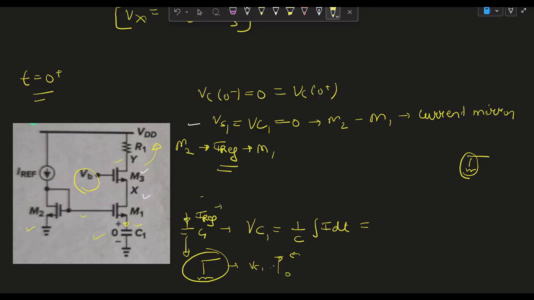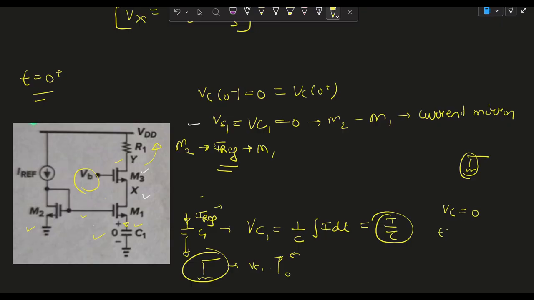We can see this as well in the simulation. There is some constant I by C, but over the whole period of time it is like a step current, so if we integrate a step, we will get our ramp. But for this case that is not true, as we will see later. For the time being, for t equals 0 plus, we can say that